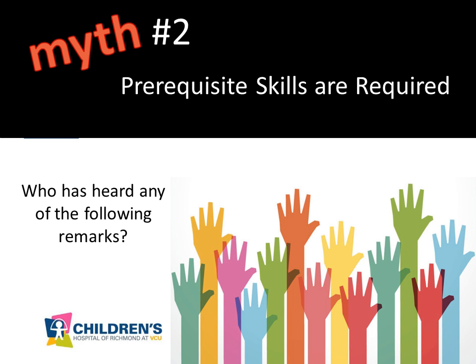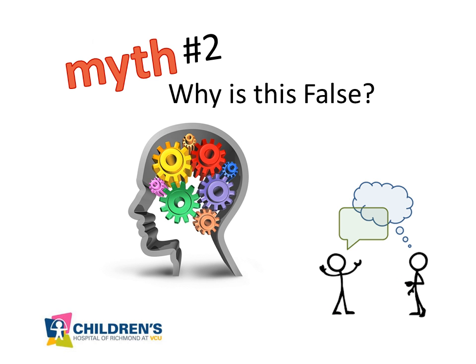If you've heard these sort of myths, you may have heard people say something like, we can't start doing this yet, he or she just isn't ready, he or she doesn't have the attention to communicate, and unfortunately sometimes we hear people say he or she is just too low, or they don't want to communicate with other people. So let's go ahead and talk about why this is false.